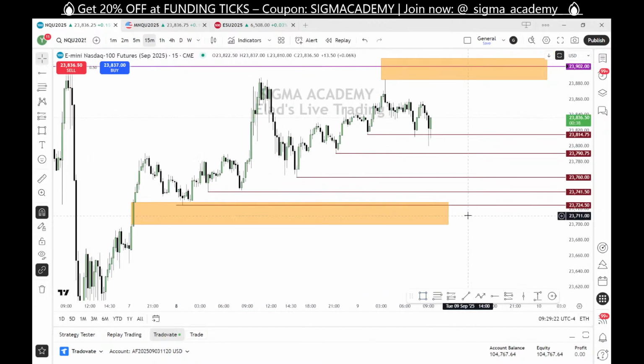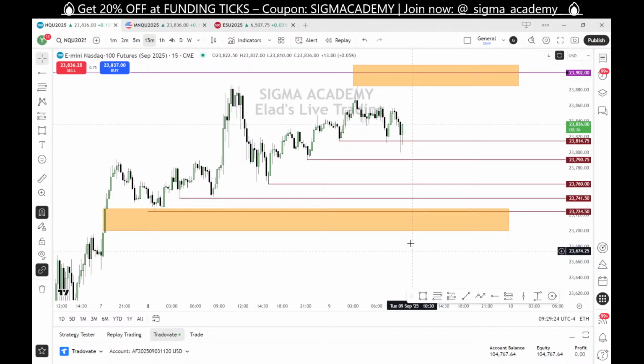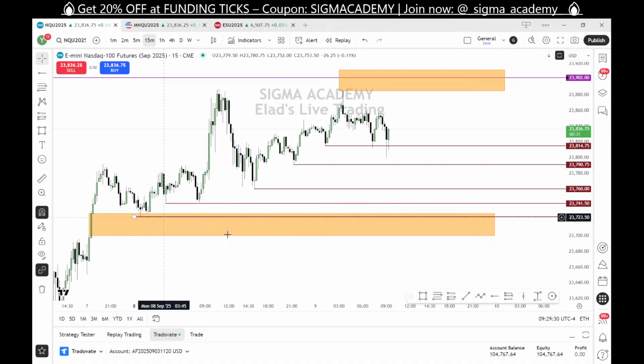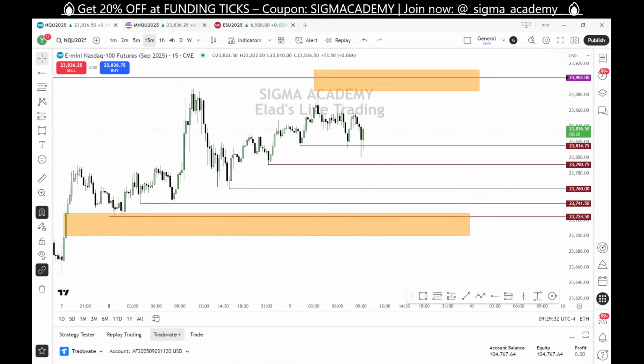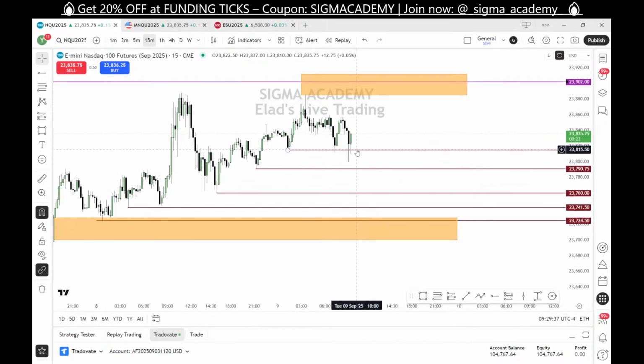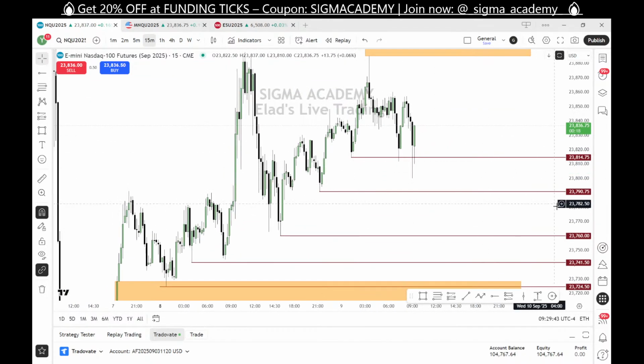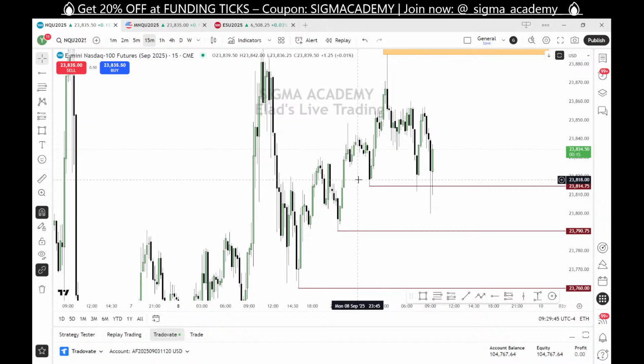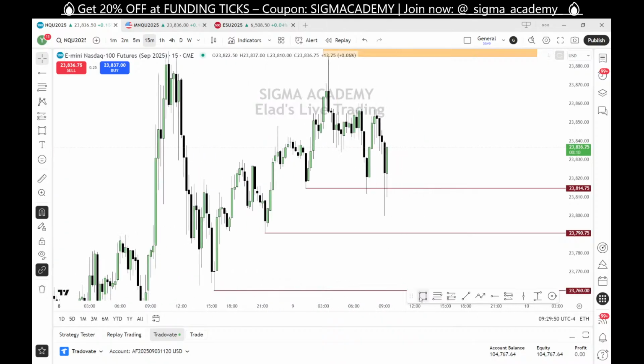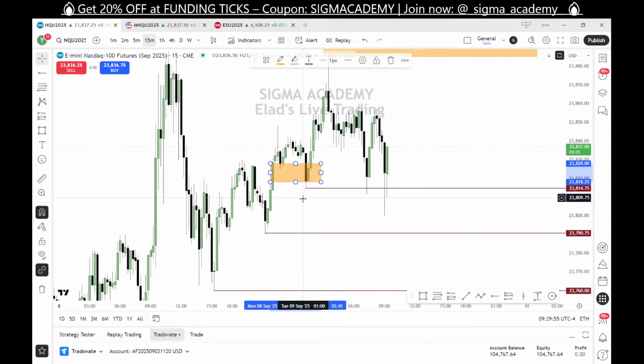Most of the best setups, I take trades that are successful just like this, because the algorithm wants to do two things. One, he wants to take out liquidity like this one, and also to go to any inefficiency, any imbalance, fair value gap. It's the same idea, all of them. As you can see right here, we have this fair value gap. We tapped into a little bit higher. Again, here as you can see.